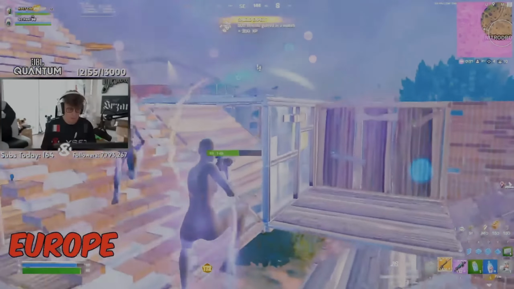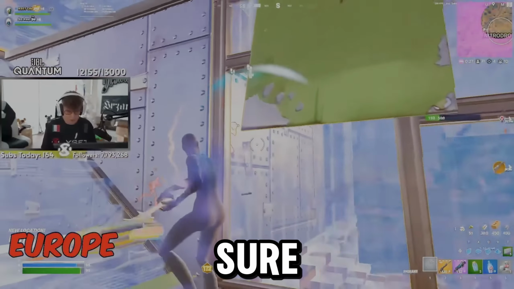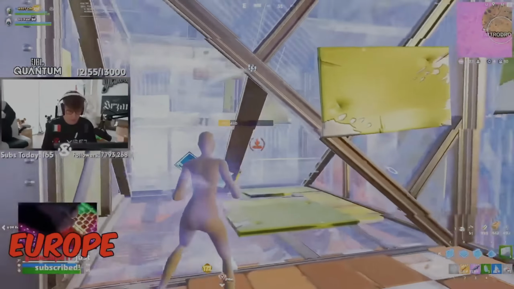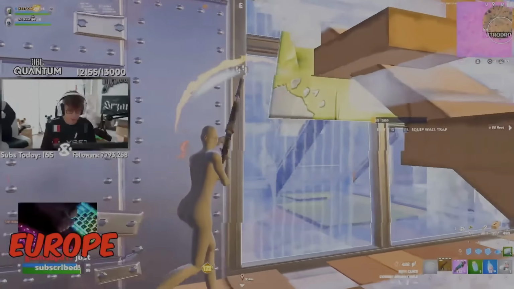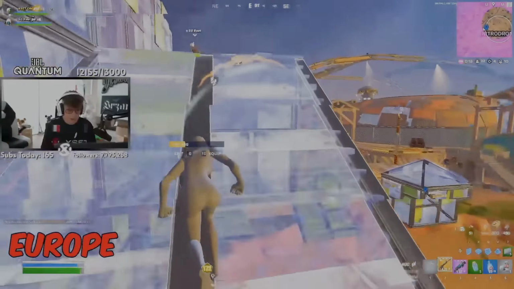Maybe getting better movement. For example, if you don't have a car, maybe try to get a car. Whatever it is, make sure you're advancing your mid game so you can set yourself up better for end game. So if you have to fight mid game, keep these things in mind. Like I said, watch out for third and fourth parties, and make sure you play box fights, no build fights,